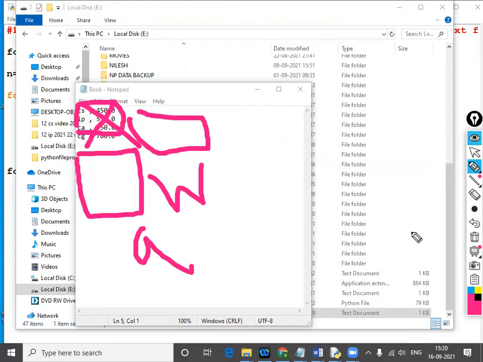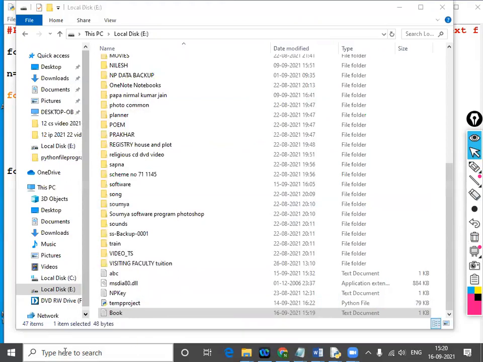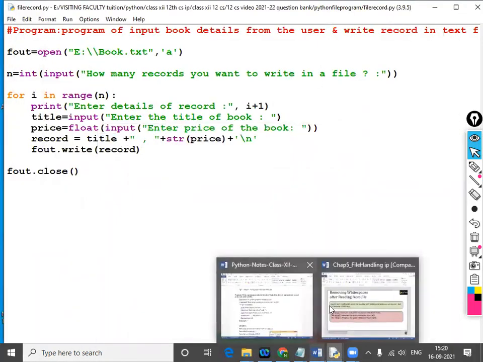That is the most important. Now append mode, I hope append mode is clear.